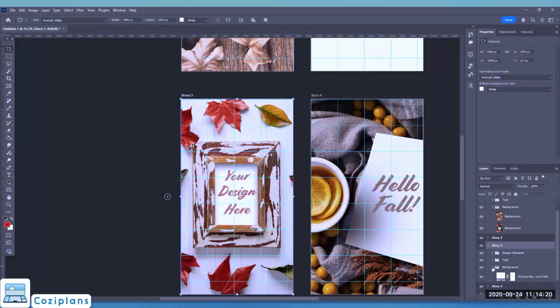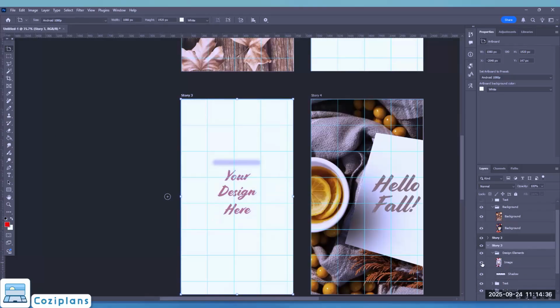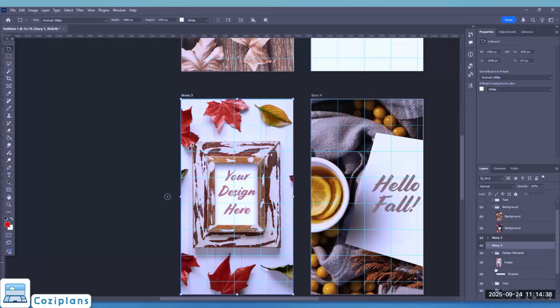So on this background, the background is labeled background in this template, but it's not what you're expecting to be the background, because they actually have what I was expecting to be the image for the background up here under a different group called design elements. And I can see there is the design element right there that I was hoping to use for the background. So if I wanted to use that as a background, I need to take it out of this. Now I could, again, drag this up there and you'll see it's just got a very basic name called image,